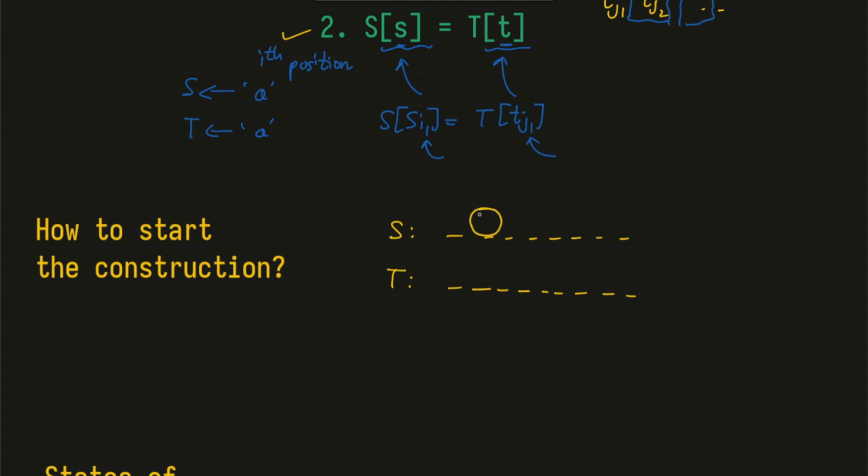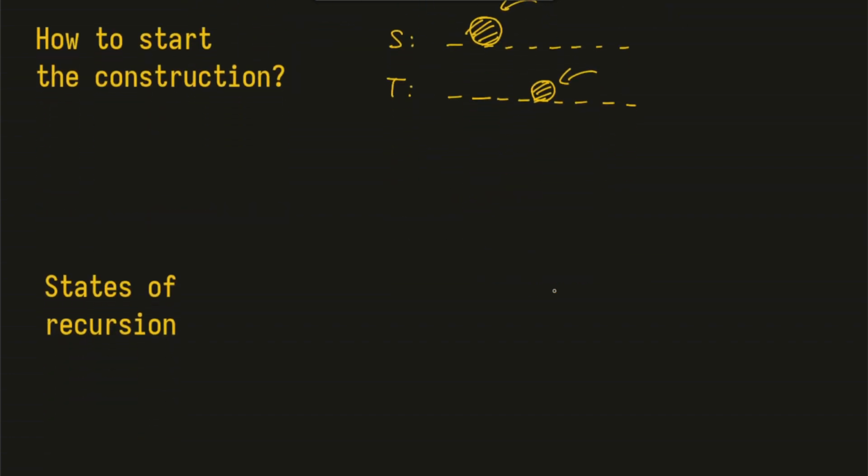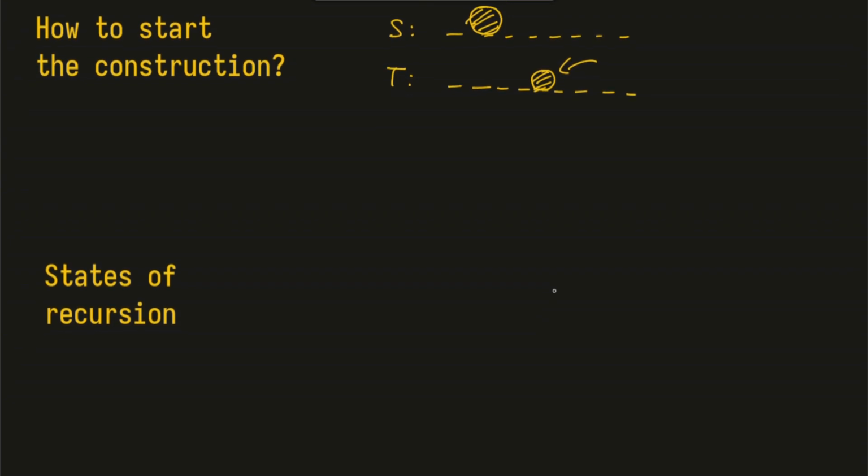The first element from S could be here, the first element from T could be somewhere here, we don't know that. So first of all we need to fix the starting values for this construction, and this brings us to the states of the recursion. Since we need to know at every point which values we need to consider in our subset, these two values should be the states of the recurrence,